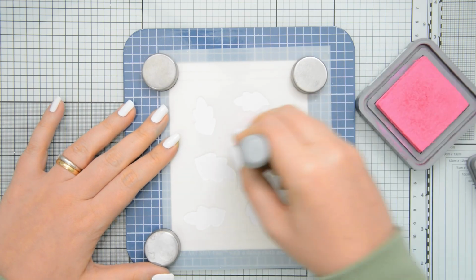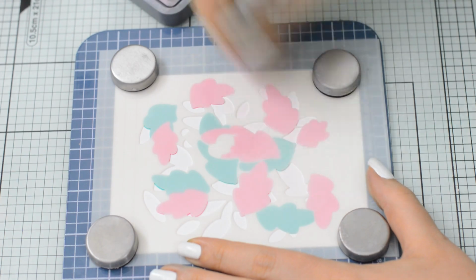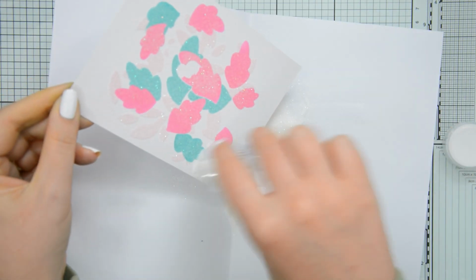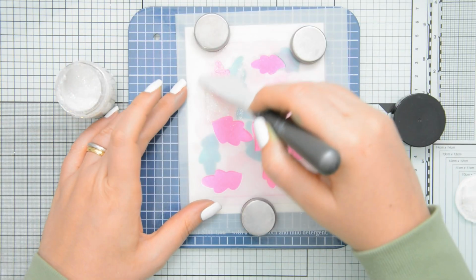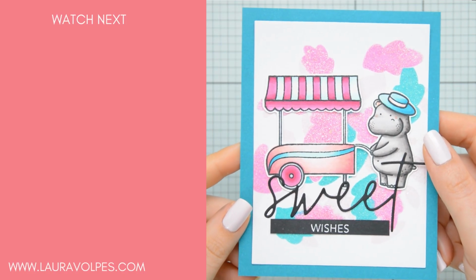I used bright colors for this one and I picked raspberry, peacock feathers and spun sugar. To reproduce the sugar coating on my favorite gummy candy, I did some heat embossing with sparkle embossing powder, and then I also decided to add even more sparkle and texture using Sticko's glitter gel. And please tell me I'm not alone here, I'm absolutely obsessed with gummy candy and Haribos are my weakness. I finished off the card with a cute image and a sentiment,